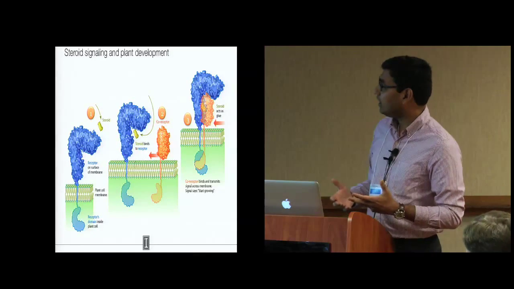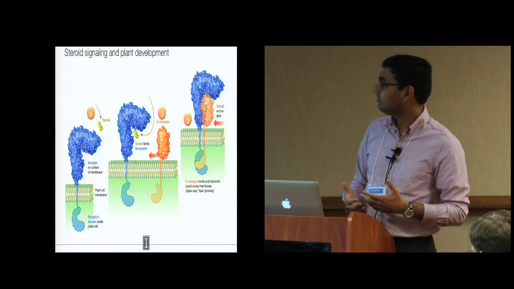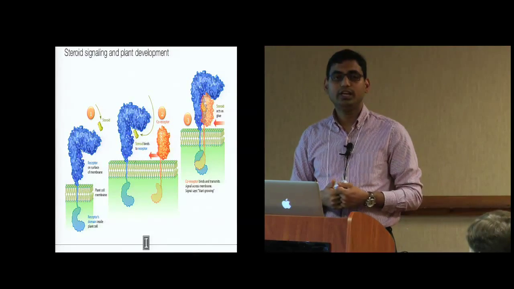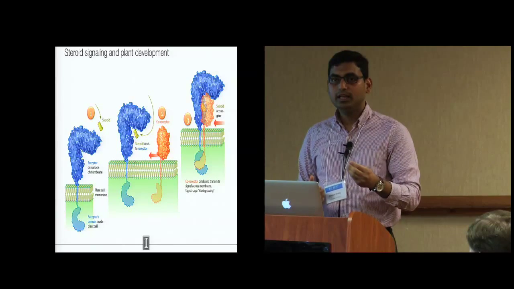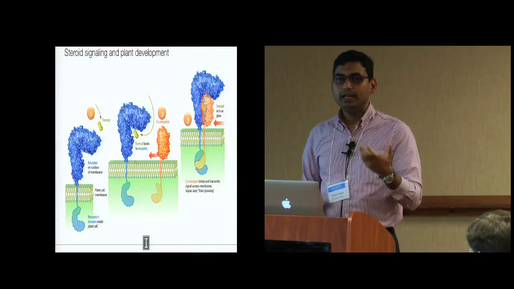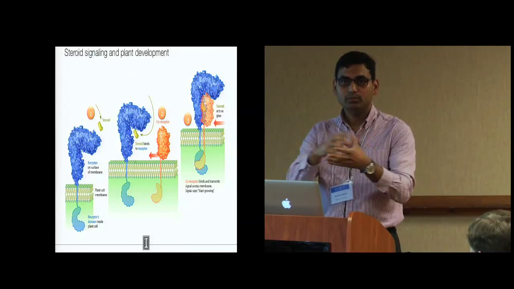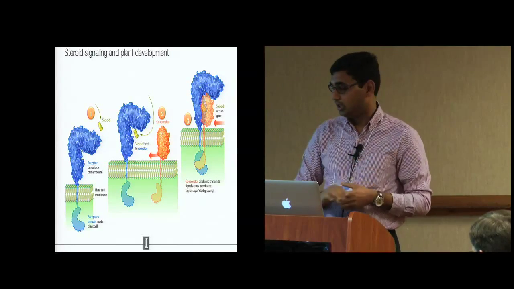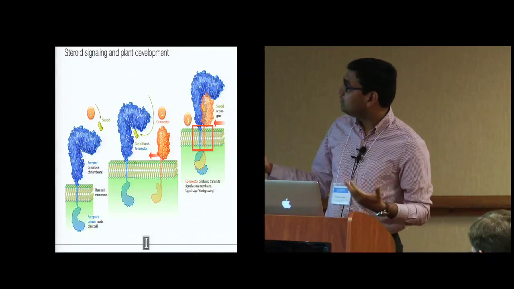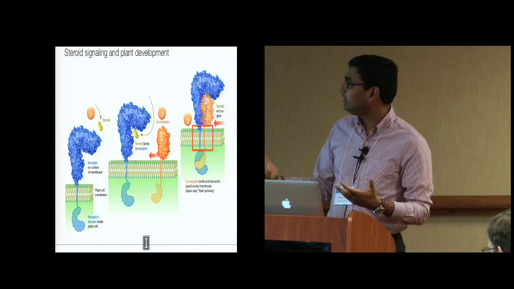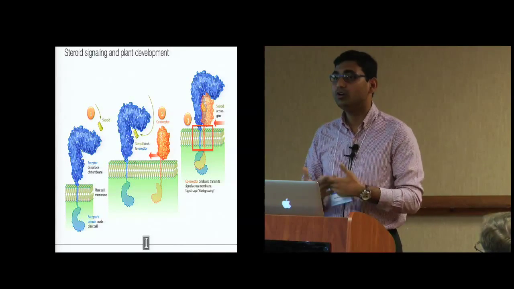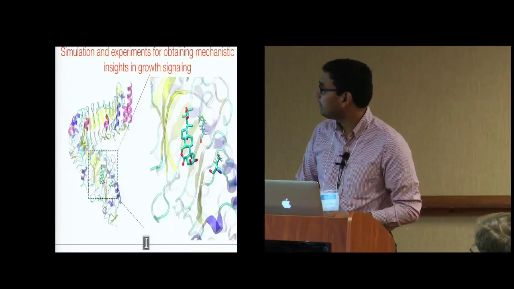What I have done so far on Blue Waters is simulate the binding of the steroid to the receptors, and we are trying to see if we can have mutations in the plant that could inhibit the binding, or make it more attractive to the plant, or bind much, much more strongly. And obviously, there is very little structural information in this field. So anything that we can do from computations to provide structural information is also a great help to this field.